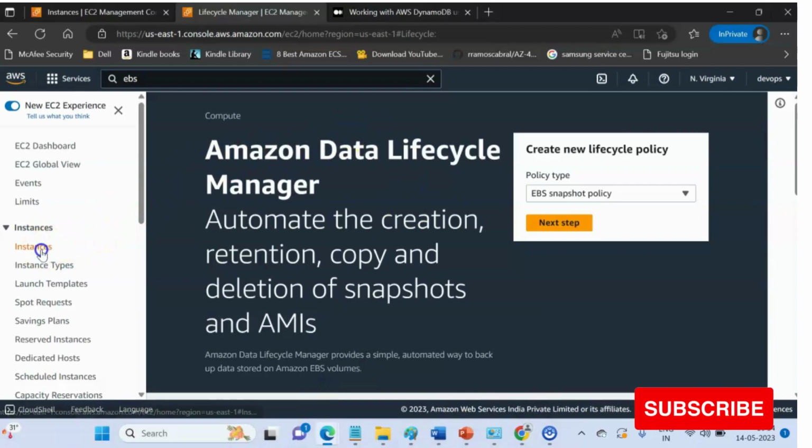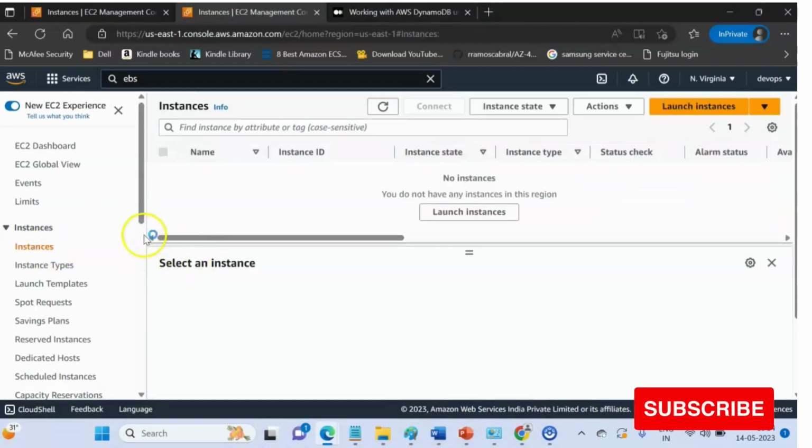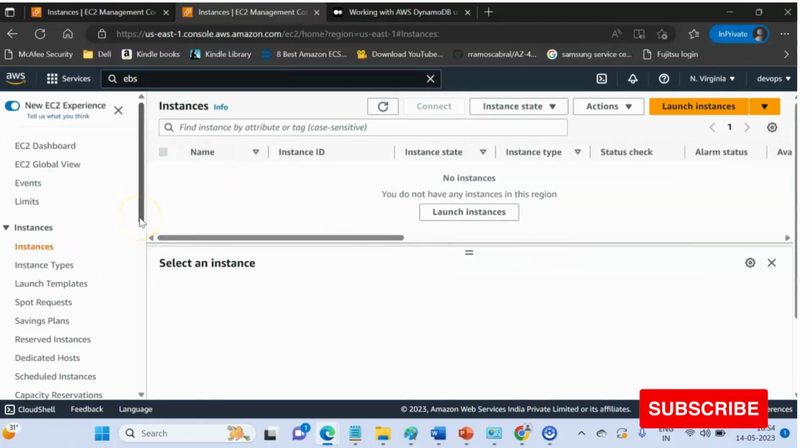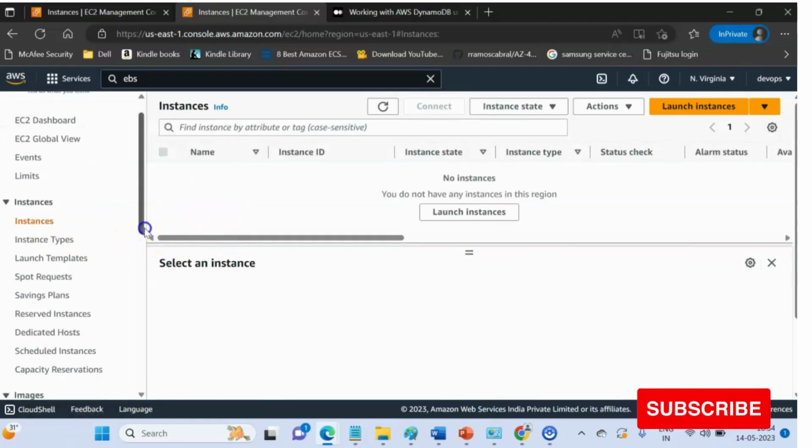So what we are going to do is we are going to take a snapshot. For example, I have a dev machine. I want to launch a similar kind of copy of the image and post it into multiple AWS accounts. I mean, multiple instances. So for that, I will take a snapshot and I will create a similar kind of